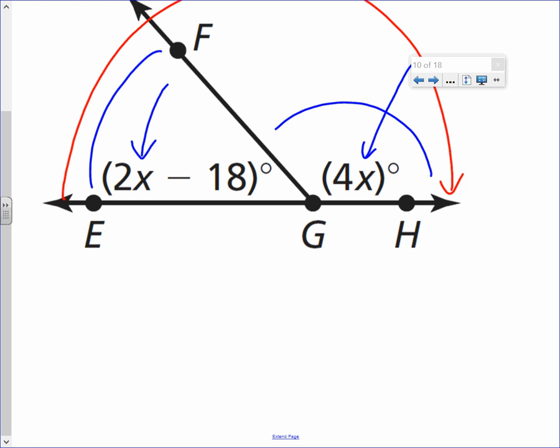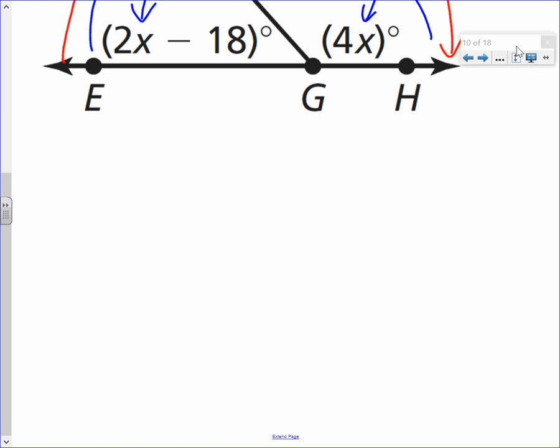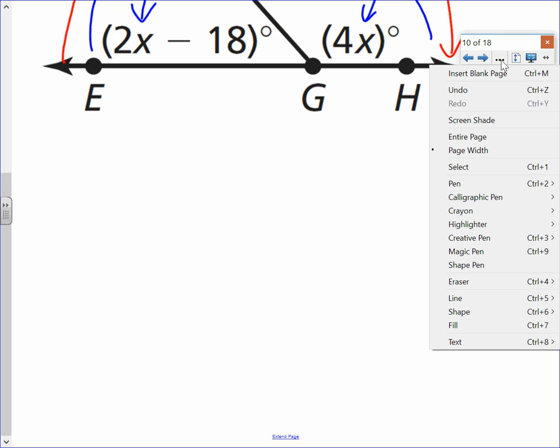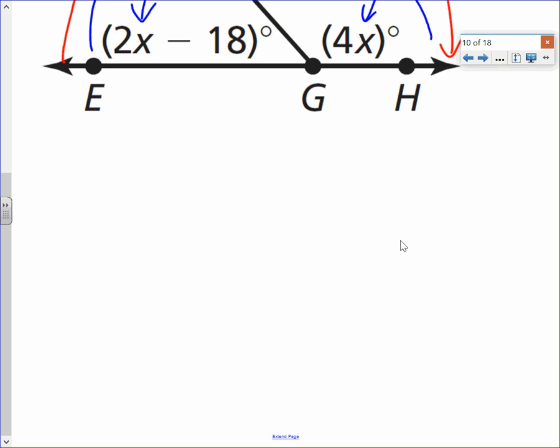Let's do it. Here we go. I'm going to write out the equation. Write it with me. I'll put it in red this time